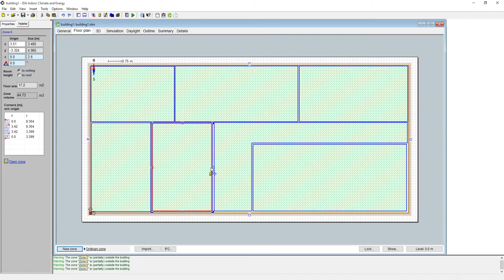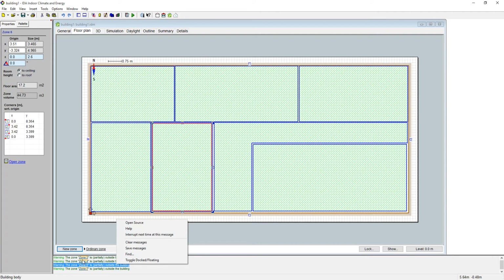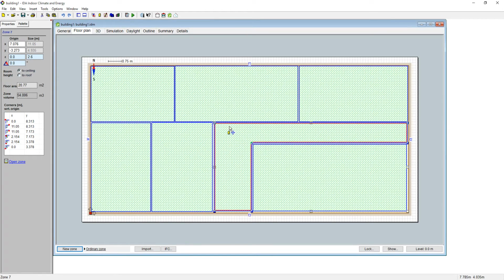It's also because you'll get these error messages, and you can actually clear this if you want. So okay, now I have a building with the various zones,